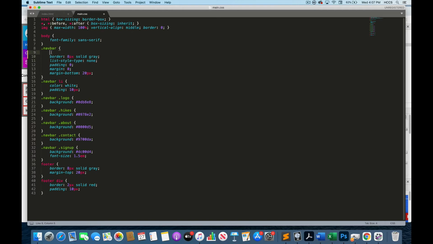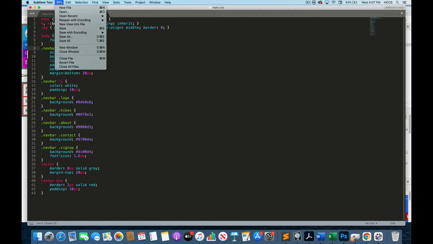I'm going to hit a return to make a space. I'm going to say display: flex. Notice that our text editor automatically wrote in the semicolon at the end of this CSS rule that we've added to our custom class. So let's save that, file save,